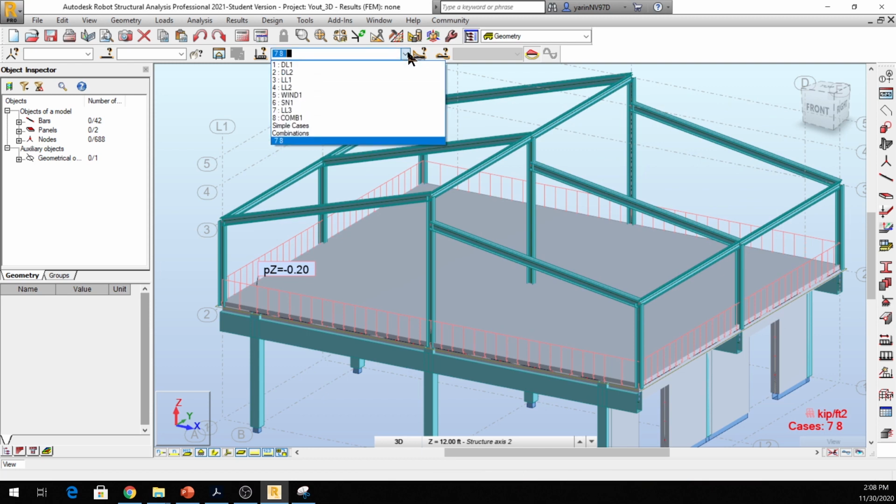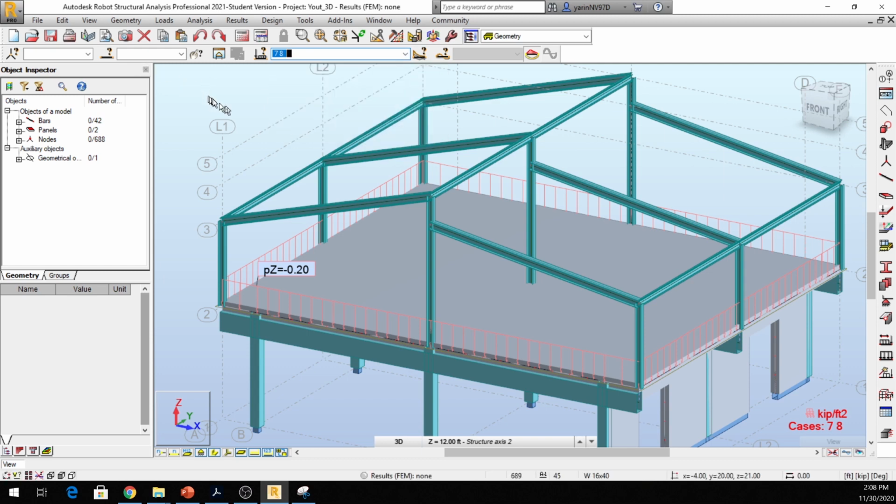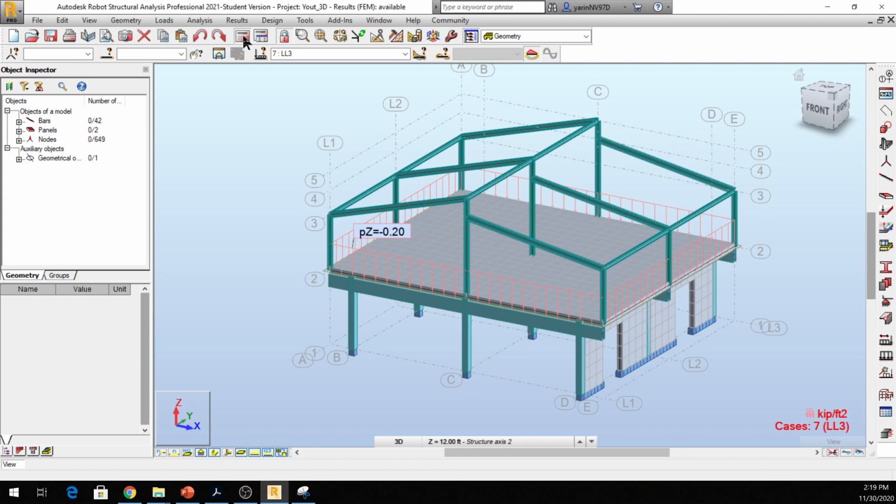That'd be load combination number 1 right there. So we got that all in there. Okay, really we're done basically. Let's run the result, and we're going to run the calculation,